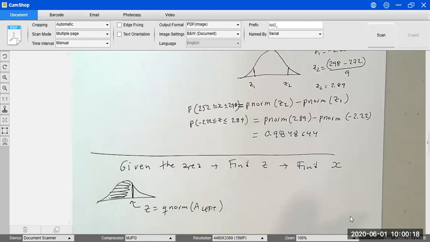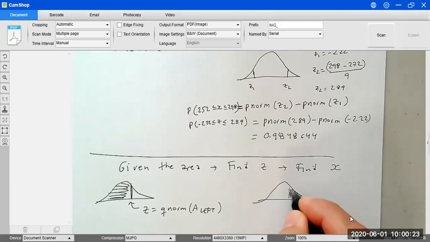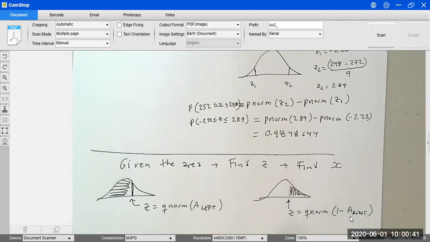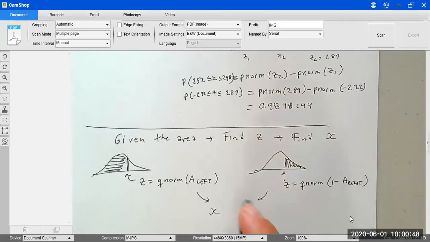If you're given the area to the right, you need to subtract from 1. So if you are given the area to the right, then the z-score is going to be qnorm of 1 minus the area to the right. Once you have the z-score in both cases, you're going to use the same formula to find x. X is going to be just the mean of the population plus z times the